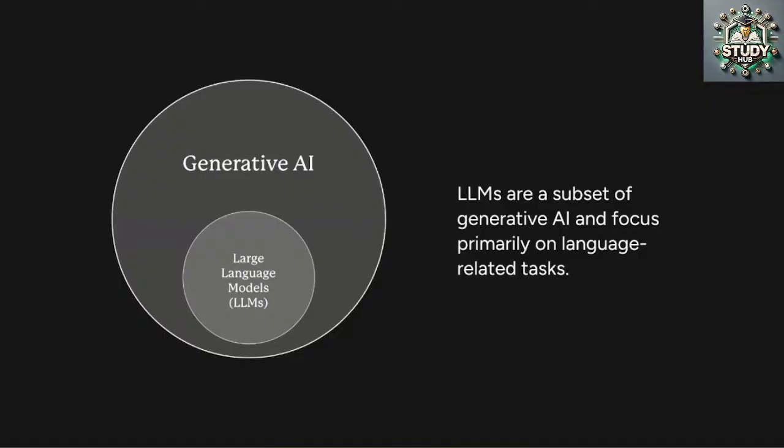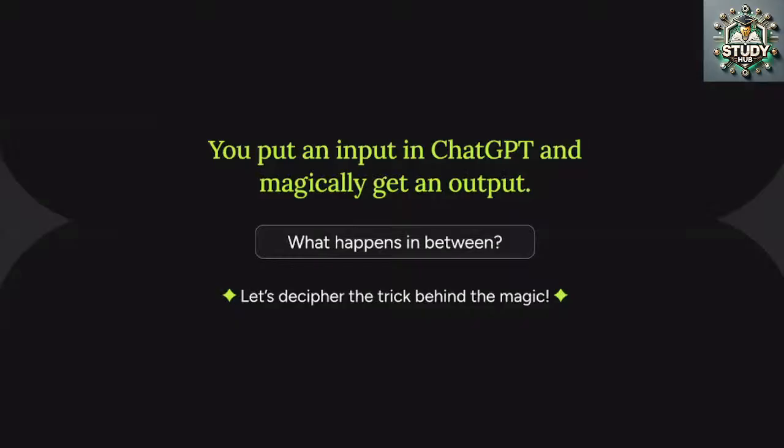And then we'll go to the application side of things, what we can do with these LLMs. So let's first understand what is happening at the back end. It is a subset of generative AI which is primarily focused on language tasks. It is only focusing on language tasks, no images, no audio, only text. That is where the name comes from, large language models.